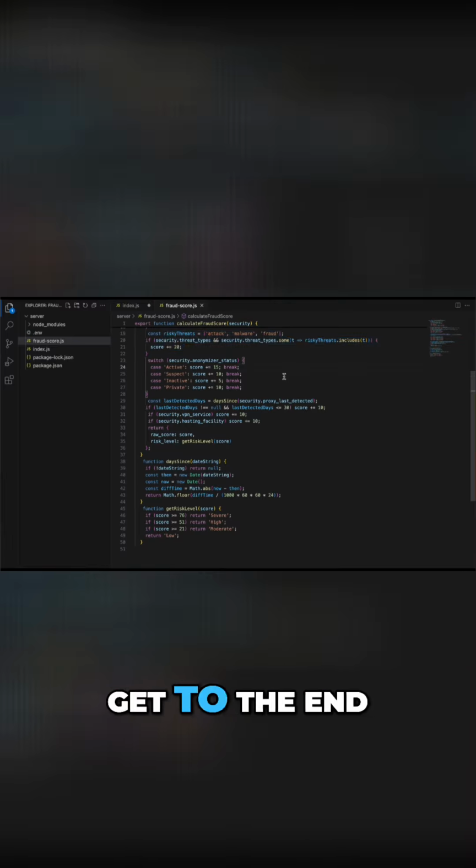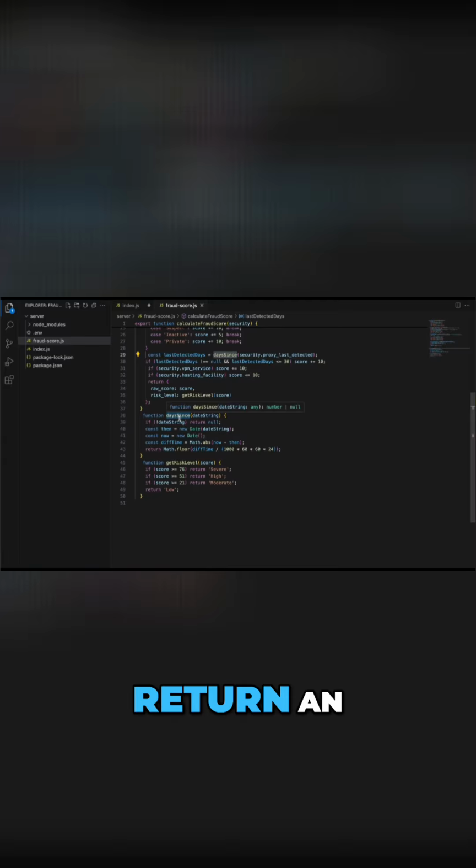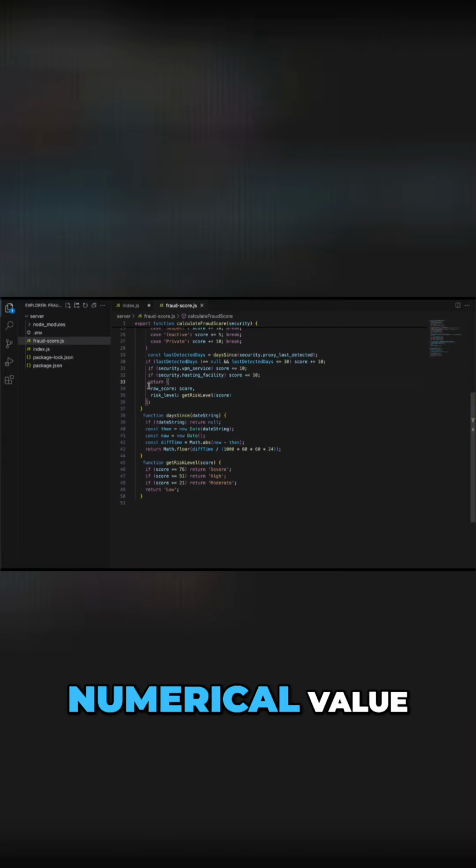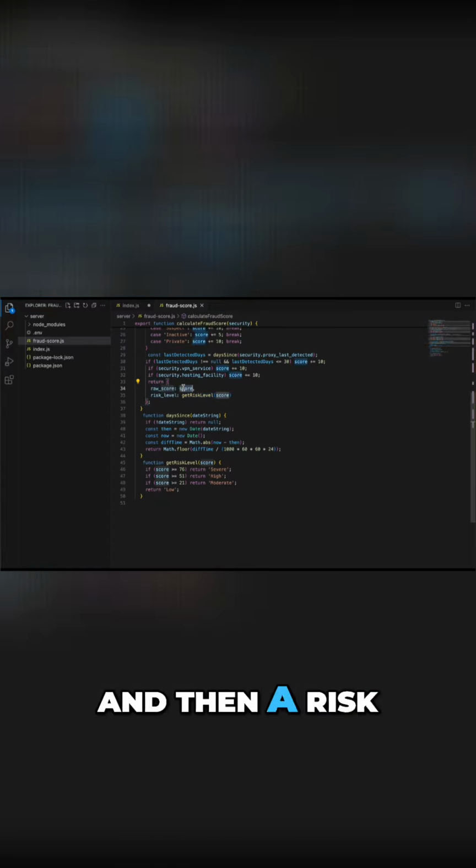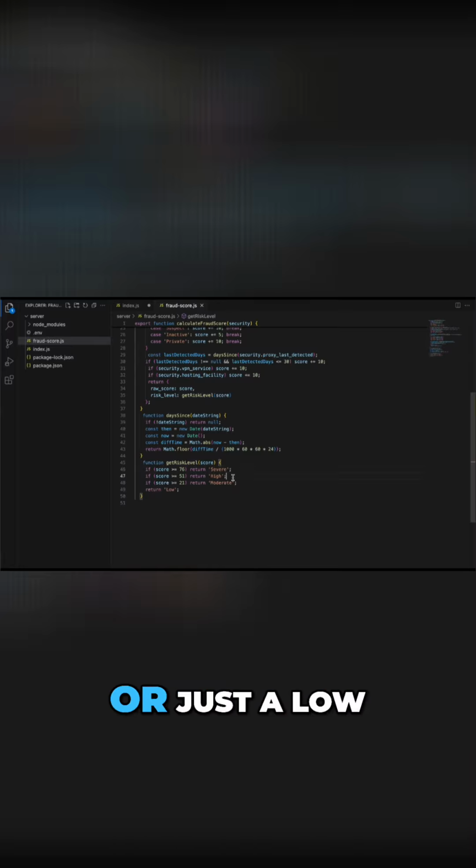And then when we get to the end, we are going to return an object with a numerical value for our raw score, and then a risk level that we have determined using a couple of helper functions here that's basically going to tell us whether this is a severe threat, a high threat, a moderate threat, or just a